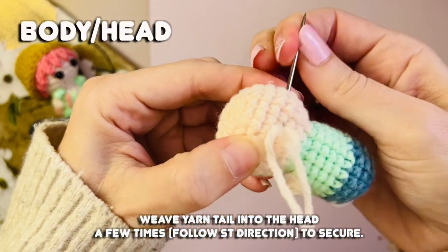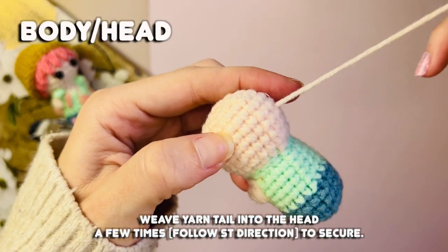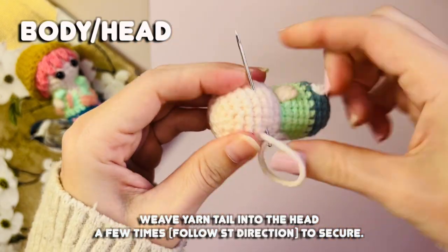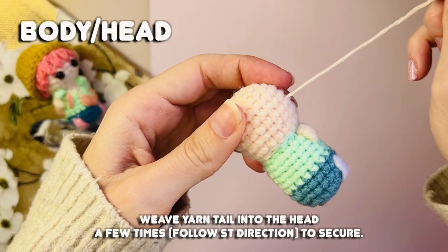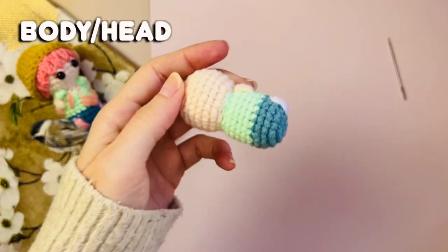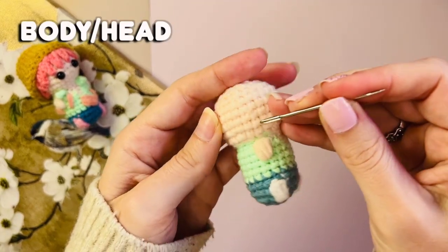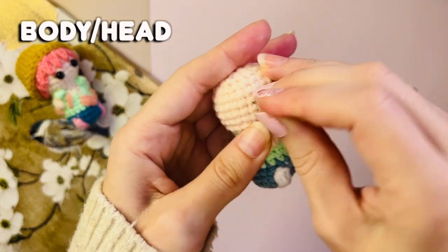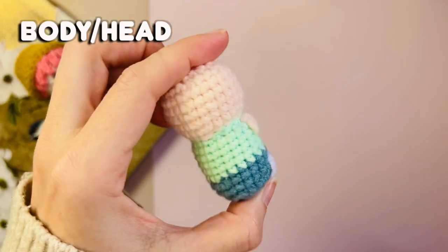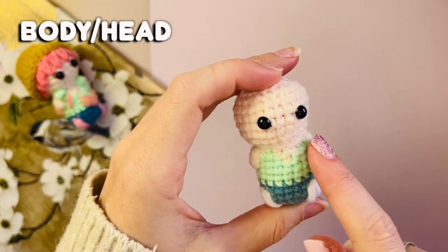I'll come over here and begin to create my third. And let's do maybe one more just to secure this completely in place. Pull it through. Done. And then all we're going to do at this point is cut the yarn to finish it off, and then with your yarn needle you'll just push in the remaining excess if there is any. Okay, so we have completely now finished our body, as you can see here, and now let's get onto the